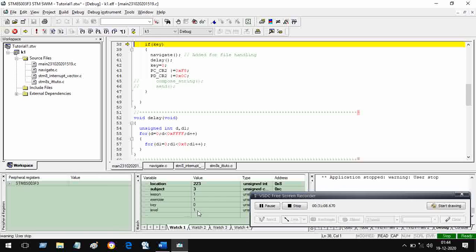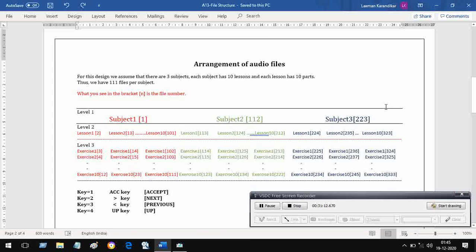I remain at level 1 and the location has become 223. Subject 3, so a short file will be played. That file will say subject 3 social science or whatever it is. Just that much, nothing more, nothing less. So this is how it works.